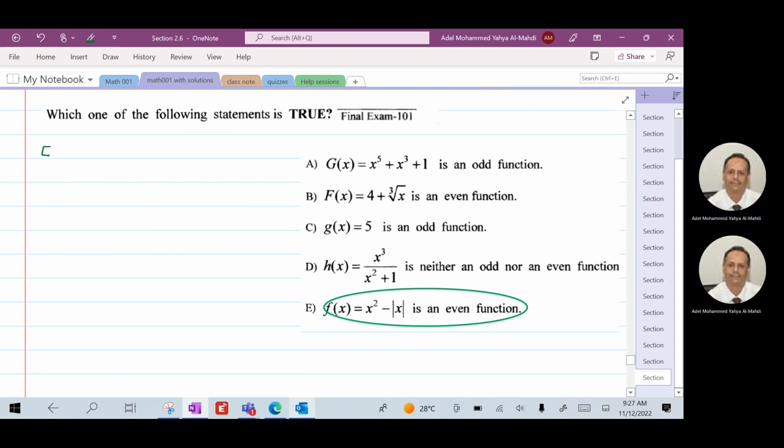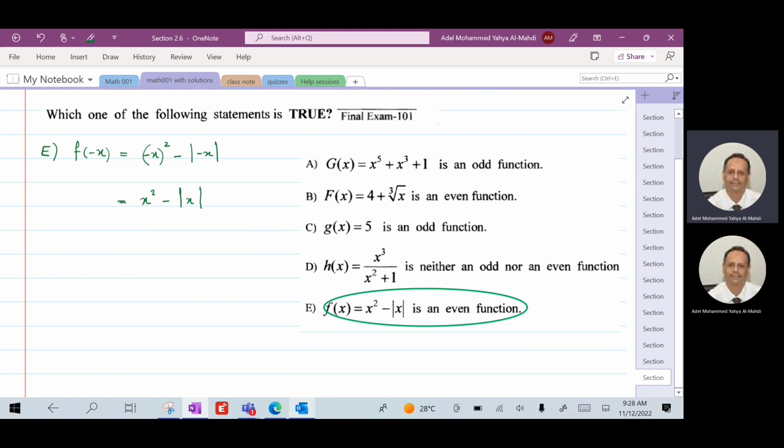So here E, if at minus x, we test the even odd property by this technique. We change every x by minus x and see, can we recover the original one or not? We know that minus x all squared is exactly x squared. We know that the absolute value of minus x is the same as the absolute value of x. Now we need to check, is it f or minus f or neither? So it is exactly the same as f of x. So it is an even